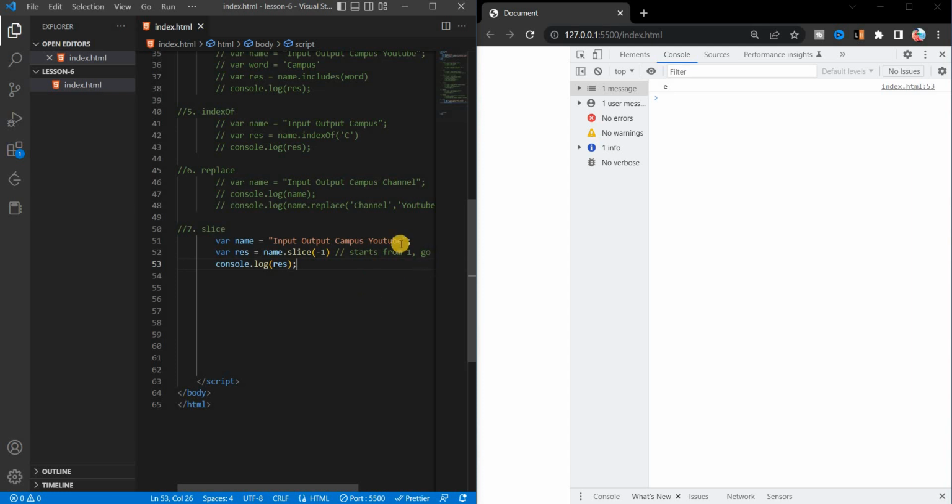Okay, so from the last, the first character will be printed. If you write here -4, the last 4 characters will be printed. You can see here TUV, these are the last 4 characters. And if you give here, suppose